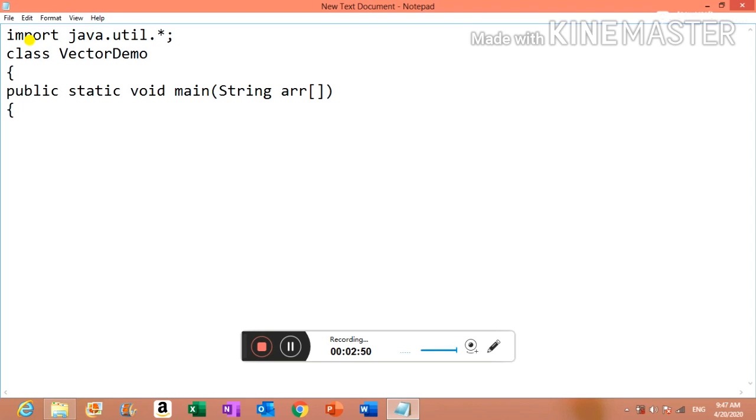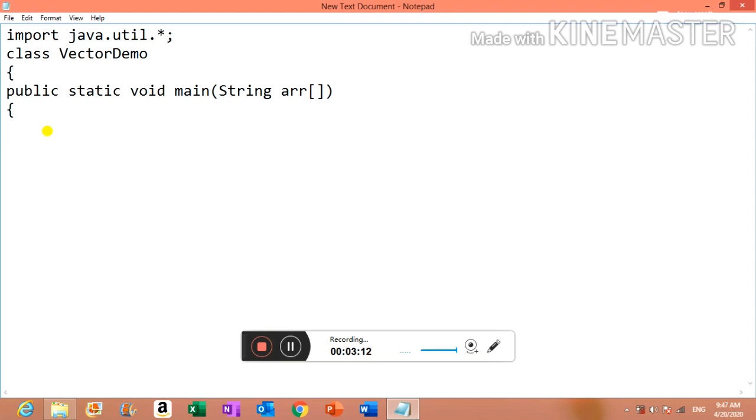There are a total of 4 ways. As this is a simple demo program, I am adopting the first method. The first method for creation of a vector object takes the zero-parameterized constructor, right?